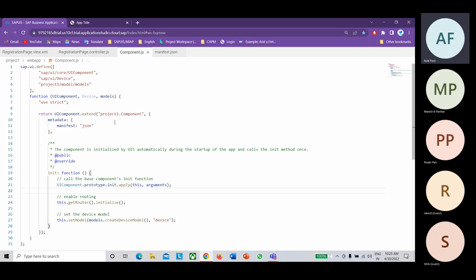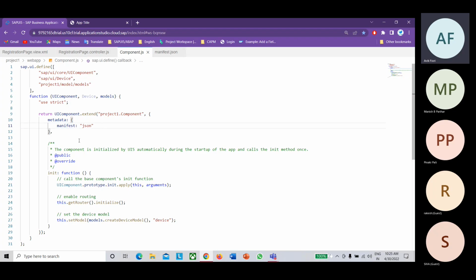So now what will this component.js file do when you run your app? When you run your app, it will need all the app configuration, the global app configuration. From which place will it come? It will come from the manifest.